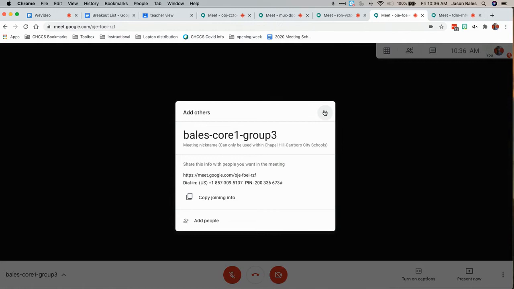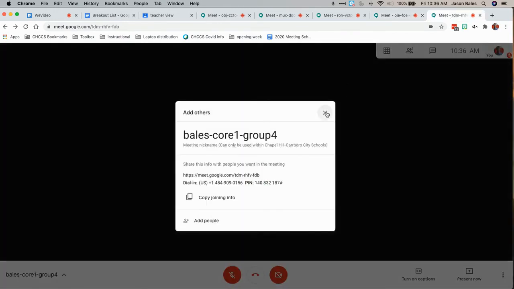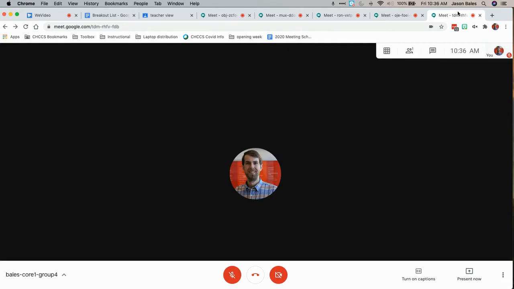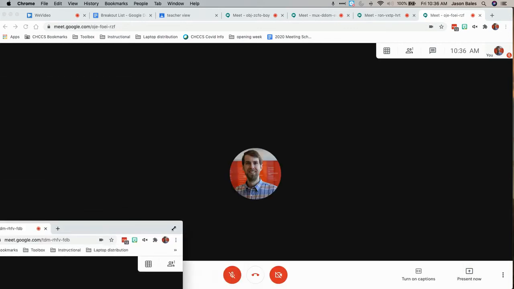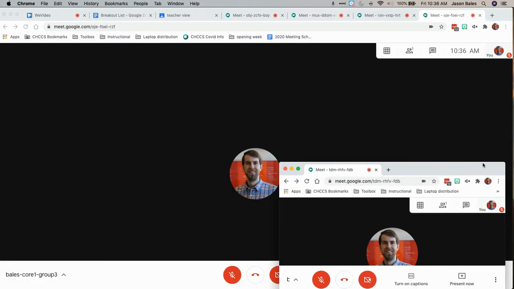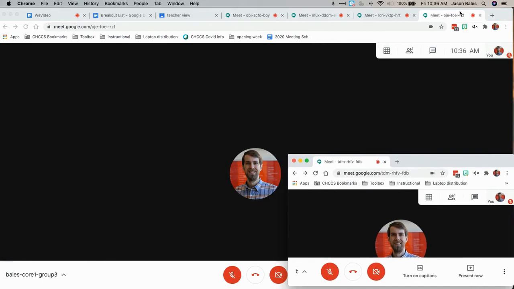They're ready to go. Now, there's a couple of different ways that you can visually navigate between these. You could keep them up as separate tabs, or if you drag the tab out, you could actually create